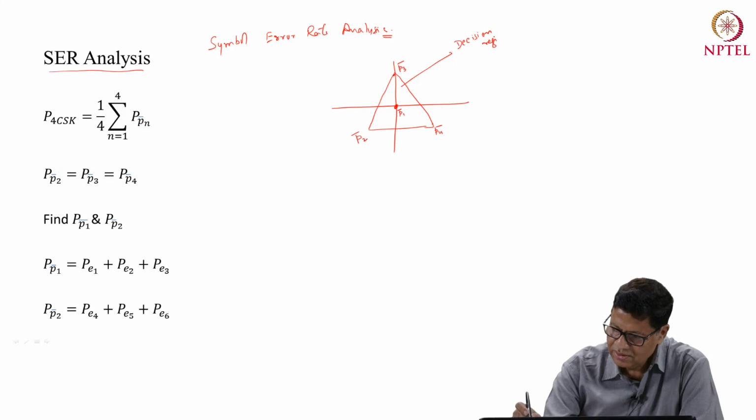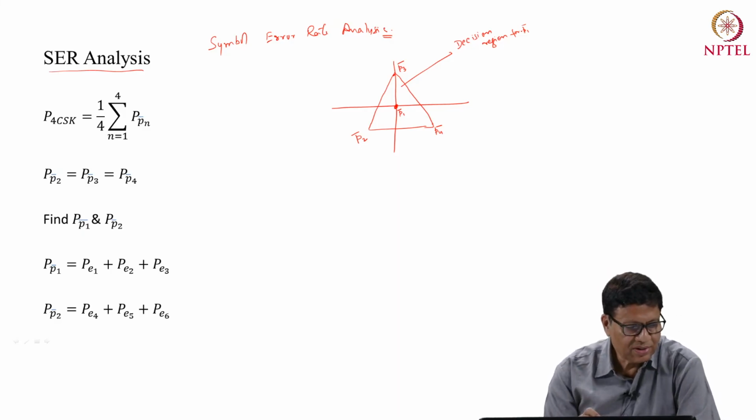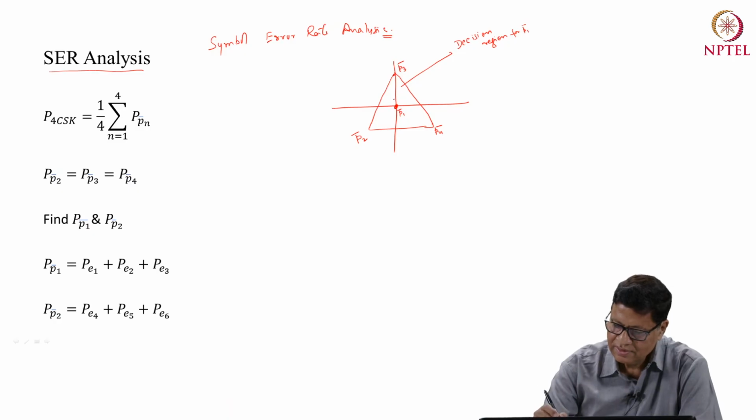This is the decision region for P1. And similarly, we can find out the decision region for the other 2 points. For that we'll have to draw a triangle which is